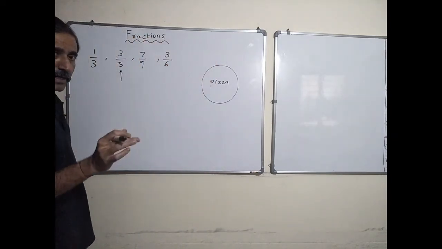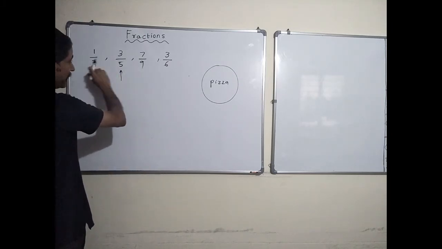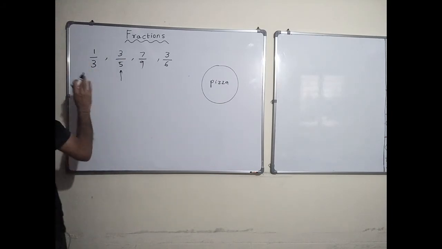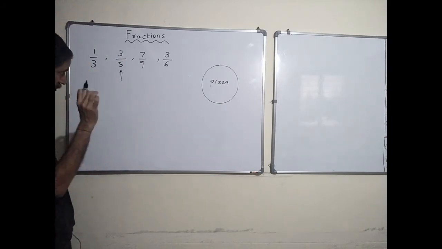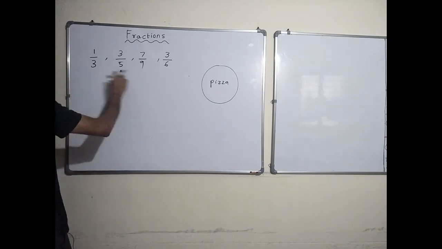And now what does that mean, like fractions? We'll convert them into fractions wherein their denominator is the same. Okay. So how do I do it? The way to do it is first find out the LCM of all the denominators.